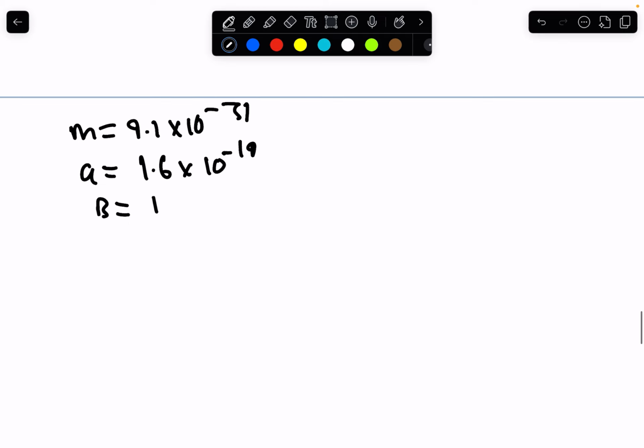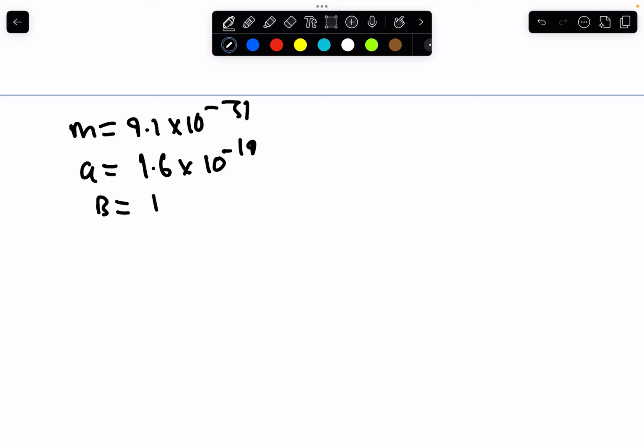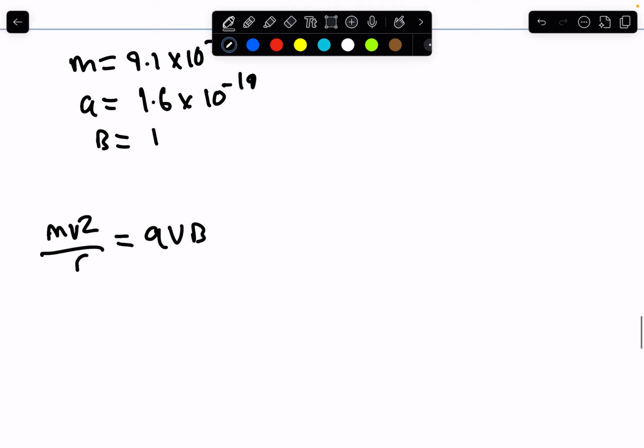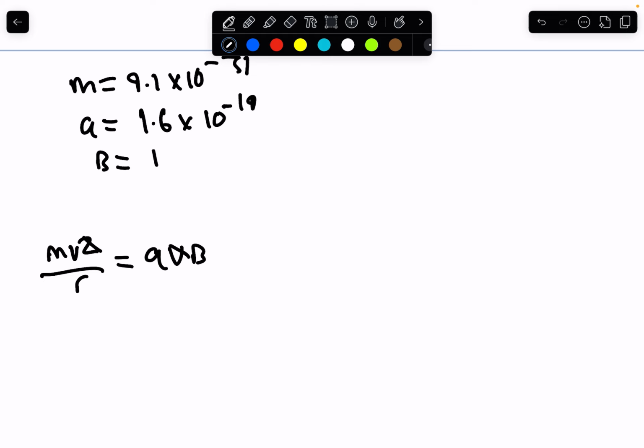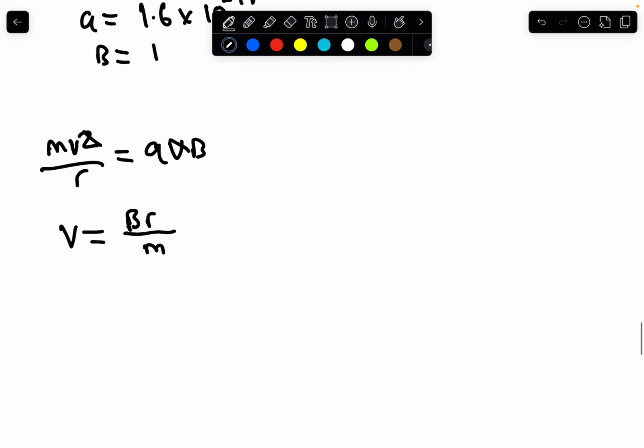Okay, so when you hear circular motion, you equate the magnetic force to the centripetal force, so mv squared divided by r equals qvB. Let's cancel these, and I would like to isolate v, and I'll tell you why. So v here will be Br over m. If you go back to topic 8.2, the final equation, you'll find that v,